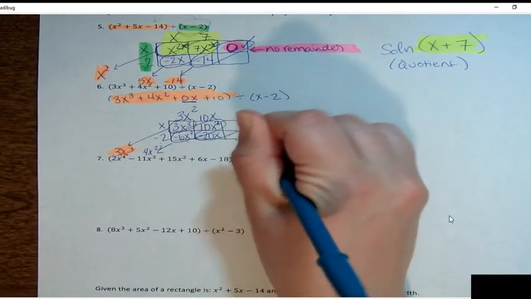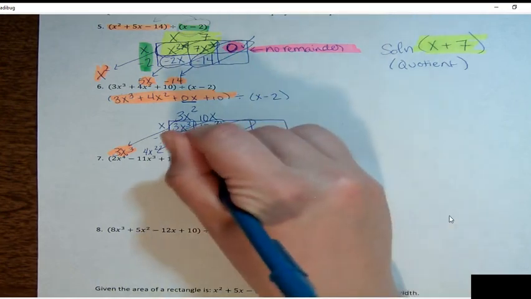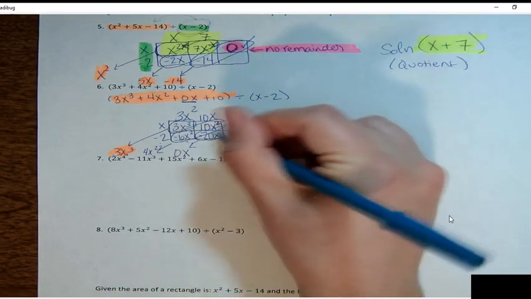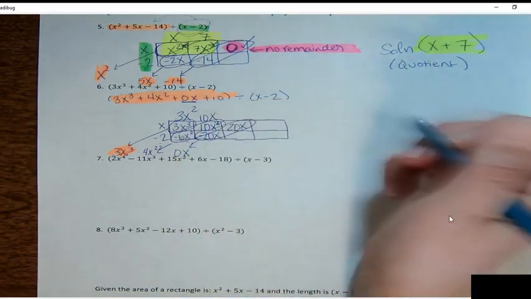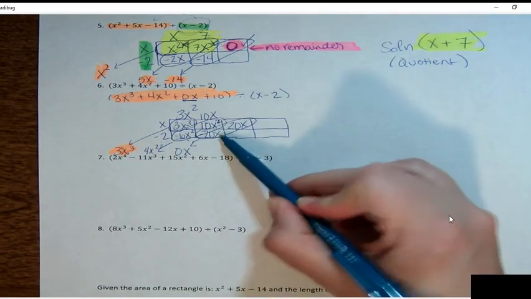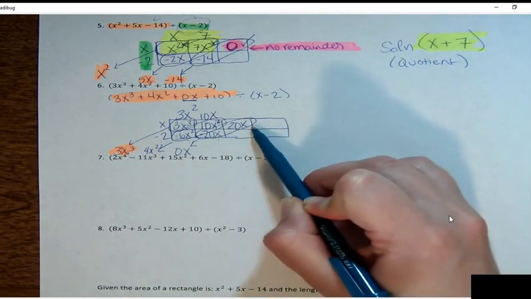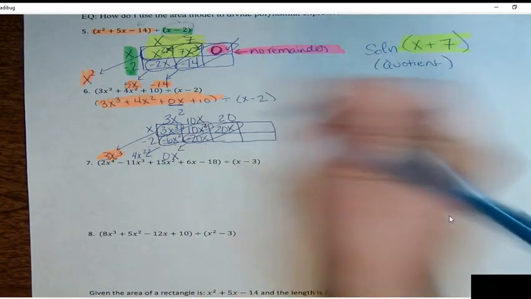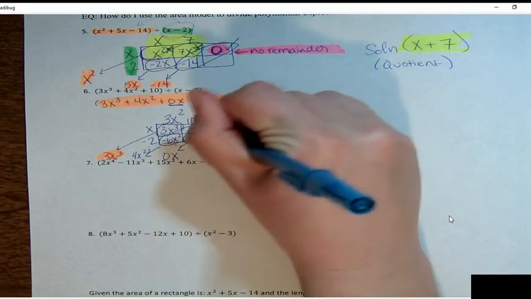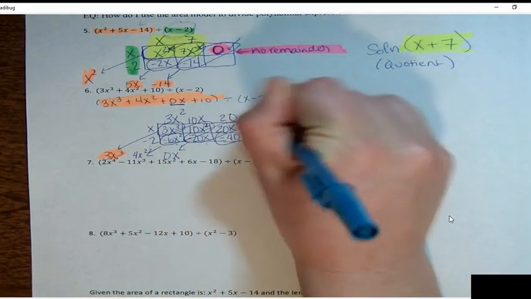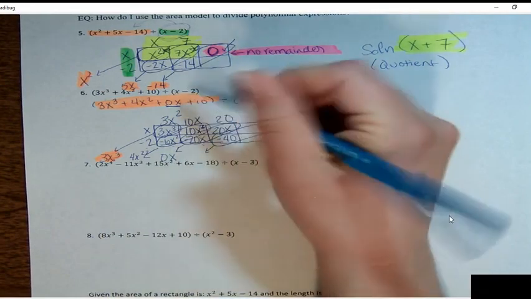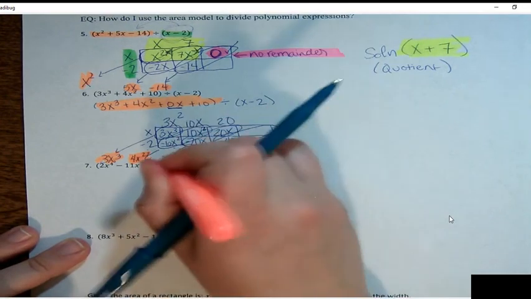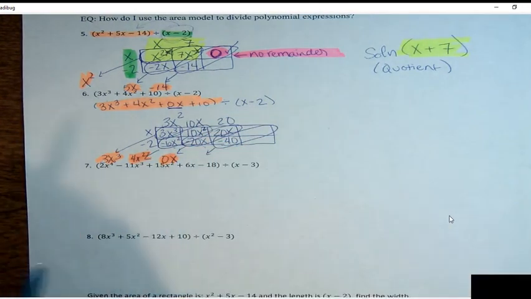Circle my diagonal. Whatever my diagonal is, it should add to 0x. So negative 20x is here, positive 20x is there. So now I ask myself, what times x gives me 20x? The answer is 20. Then I can fill in this spot right here. I get negative 40. Circle my diagonal. That diagonal has to, I haven't been highlighting, these are my little dividend guys. Negative 40 plus what gives me my